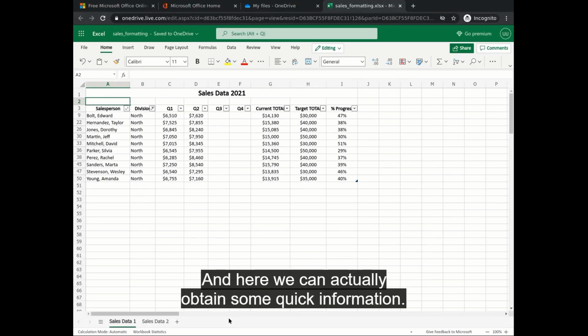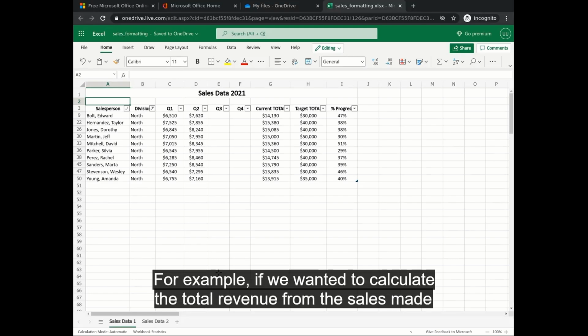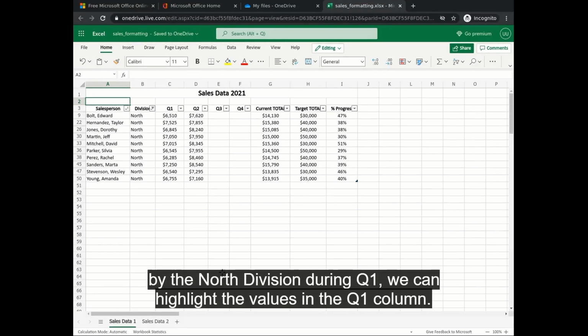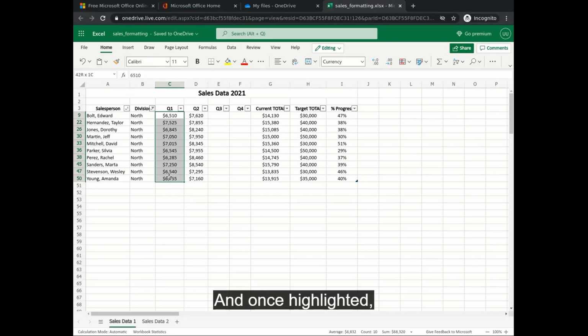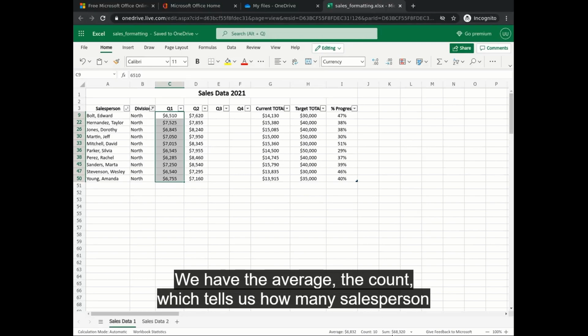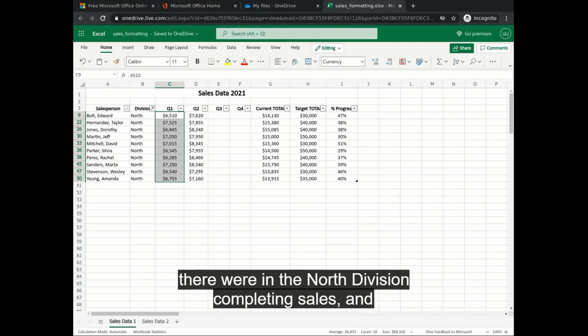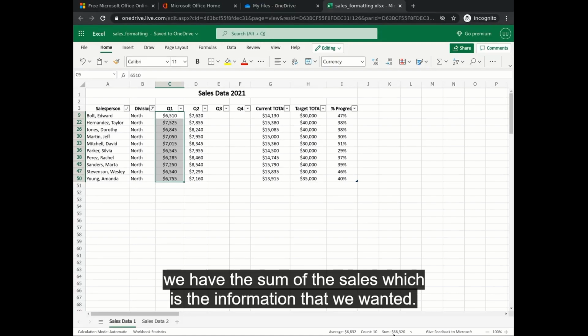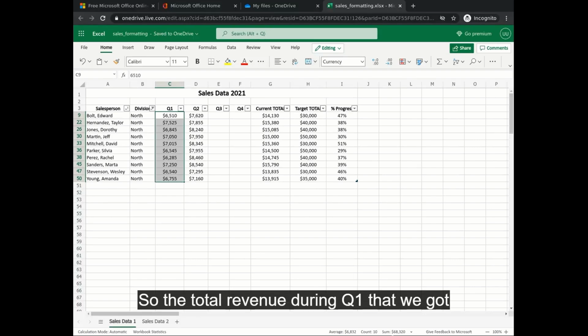And here we can actually obtain some quick information. For example, if we wanted to calculate the total revenue from the sales made by the North division during Q1, we can highlight the values in the Q1 column. And once highlighted, there's some quick information given to us in the bottom right corner. We have the average, the count, which tells us how many salesperson there were in the North division completing sales. And we have the sum of the sales, which is the information that we wanted. So the total revenue during Q1 that we got from the North division is